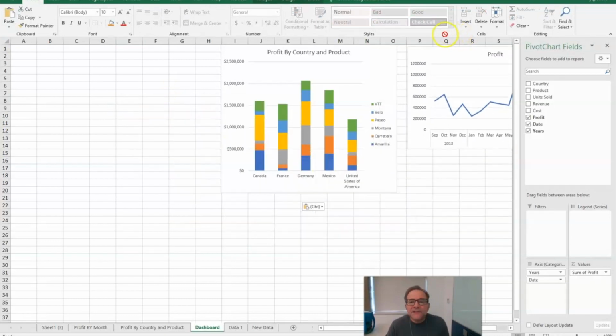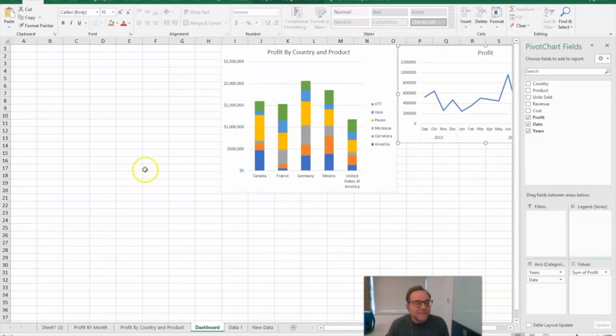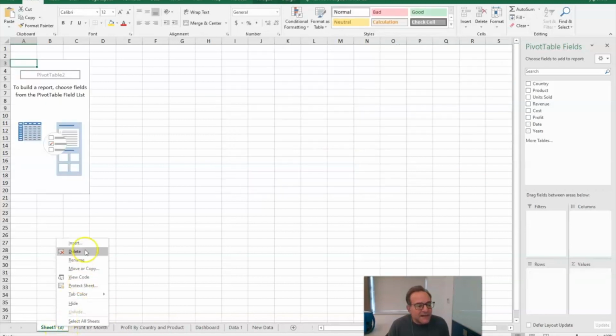Okay, again, I'll position it. I'm going to save you guys the agony of watching me position all these, but you get the idea. So now we're going to do one more. Let's go to the last sheet. We're going to rename this sheet. So this one is going to be units sold. And I'm going to rename it.